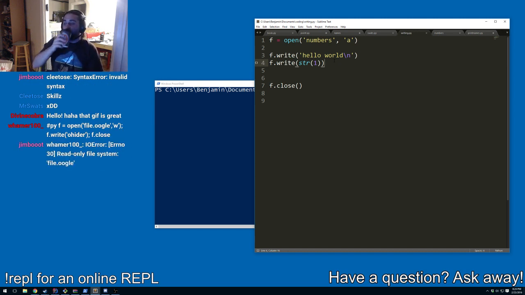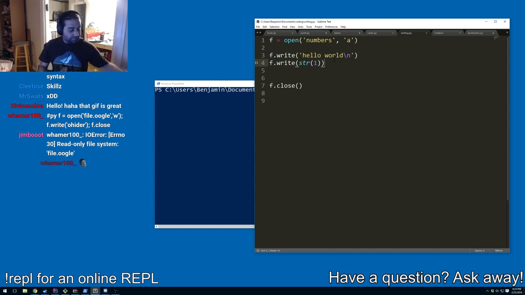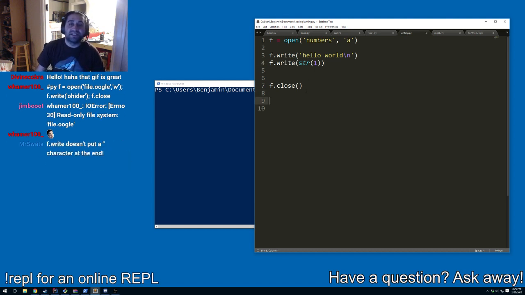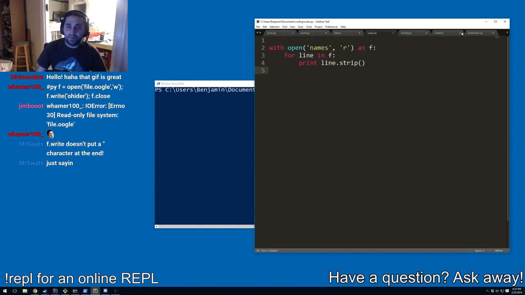Is there a nice way to write files so that you don't have to close it at the end? Yeah, so that with open syntax works good. It works exactly the same way. So we can do with open,